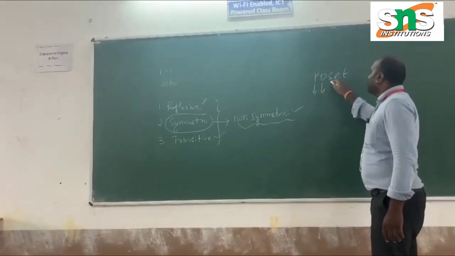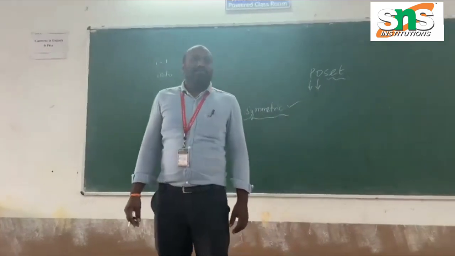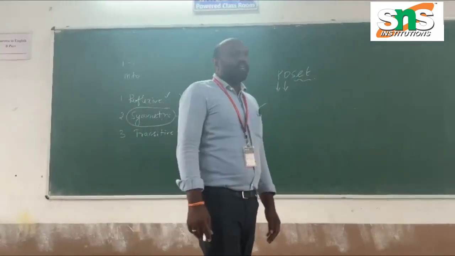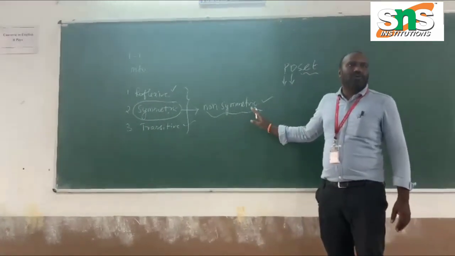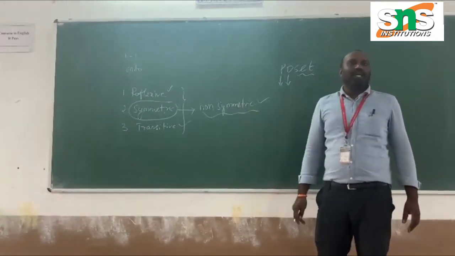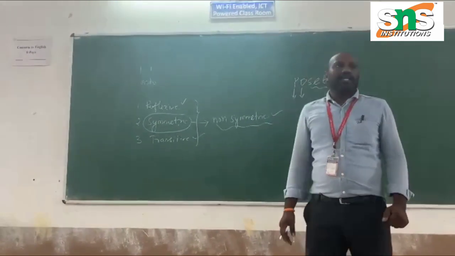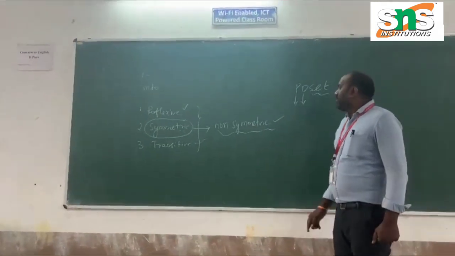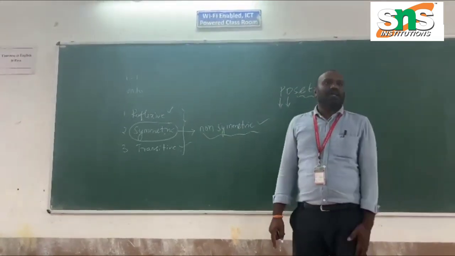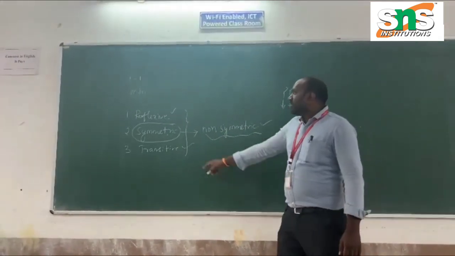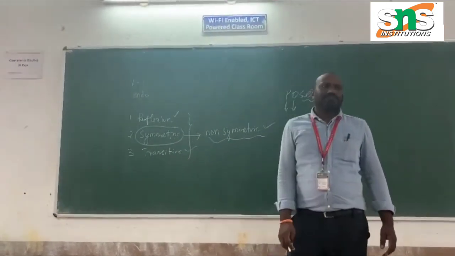Partially ordered set. We use the partially ordered set in a lot of places; the main thing is that we are using it as a tool in lattice and Boolean algebra. Let me see lattice and Boolean algebra. In a lattice, basically three conditions are satisfied: reflexive, non-symmetric and transitive.